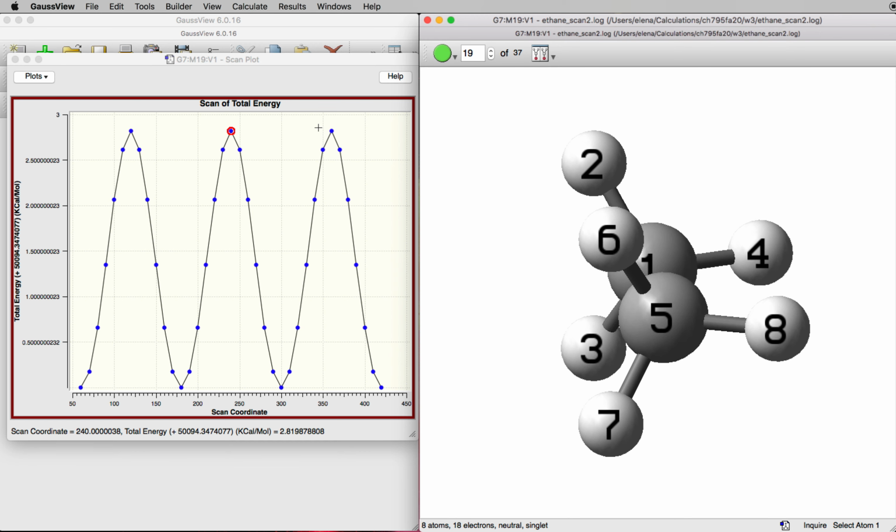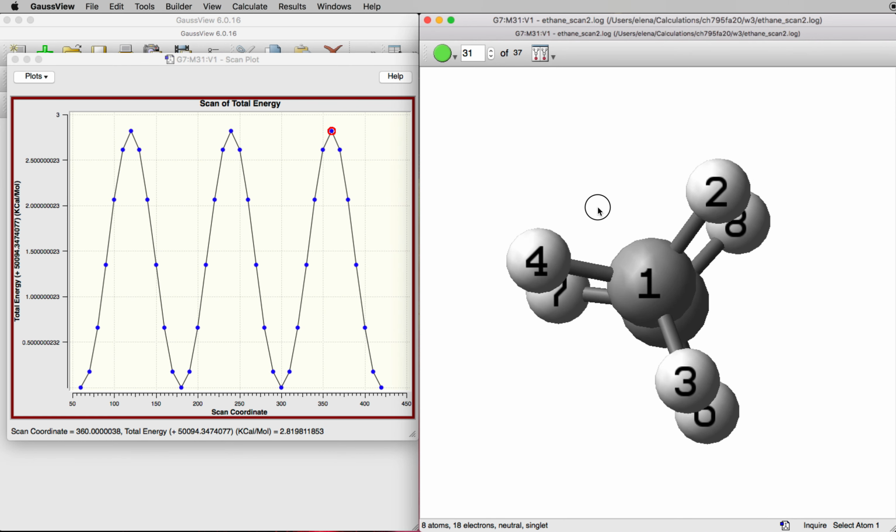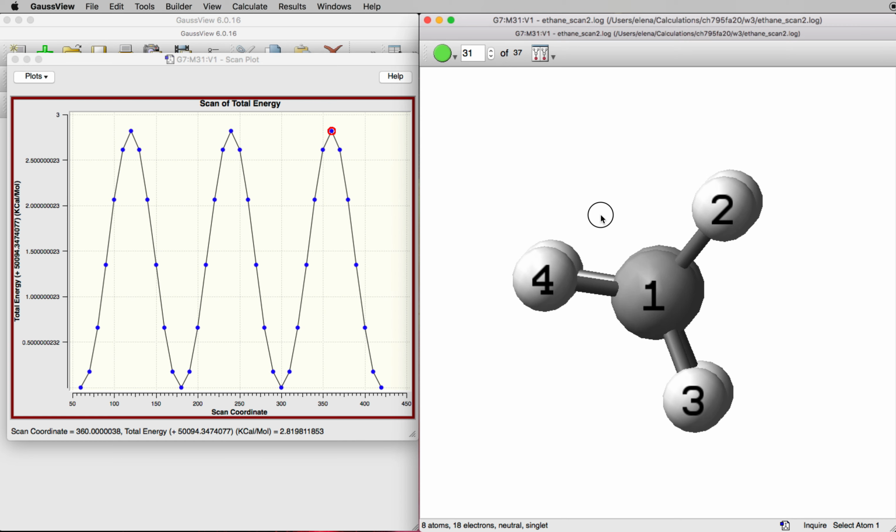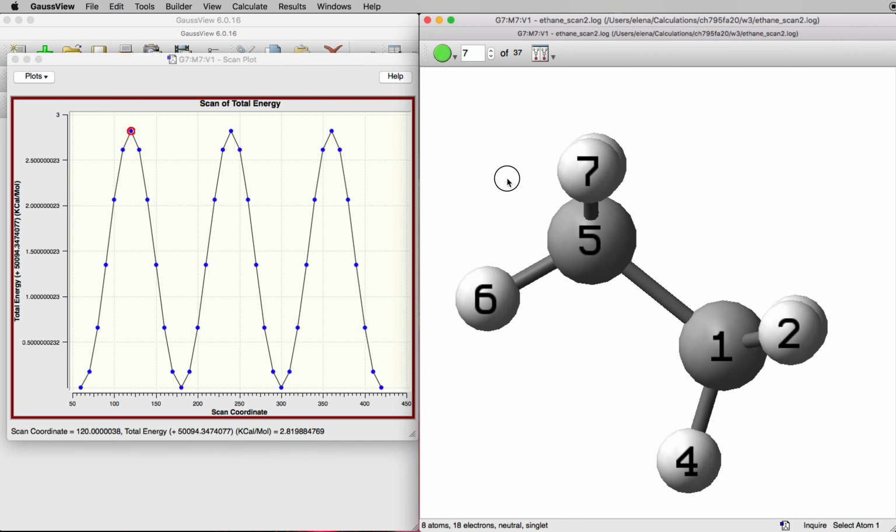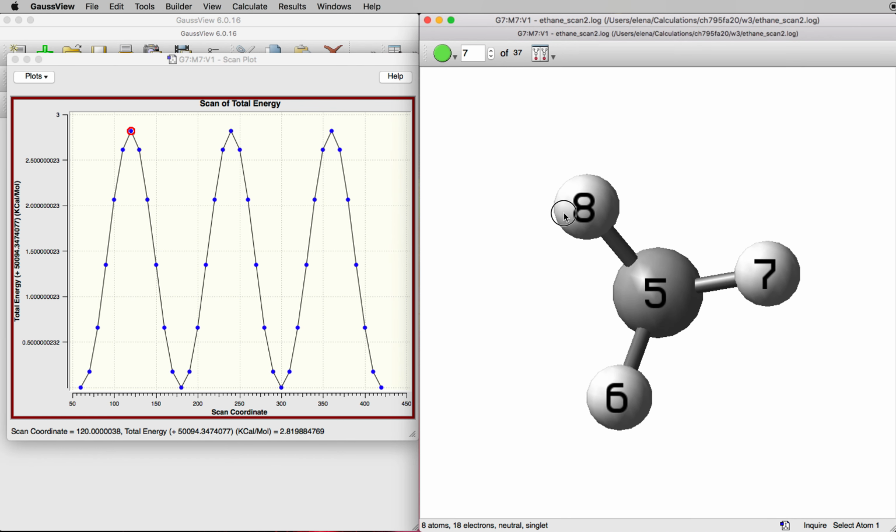And again, these atoms are moving, so I go 6 is eclipsed with 2. When I go to the next one, 6 is eclipsed with 3, and the next one, 6 is eclipsed with 4. Okay.